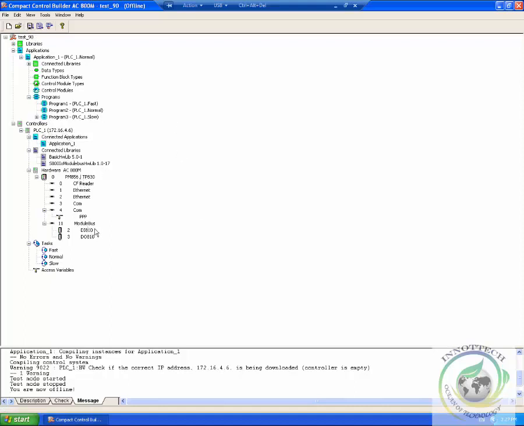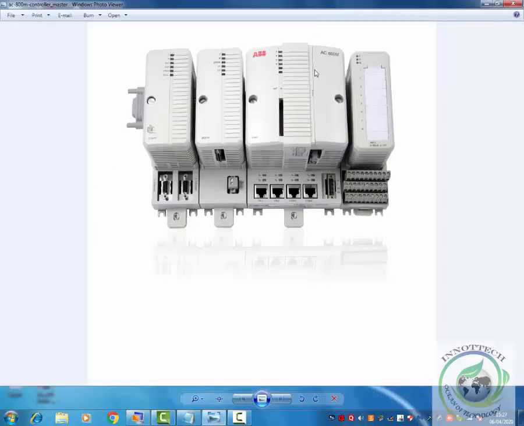So I've configured the hardware with the PLC controller with the same IP address. So this is the ABB PLC AC 800M. I just downloaded this image from Google. So these are the digital inputs, and the right side is the power supply cord, and then the bottom is the